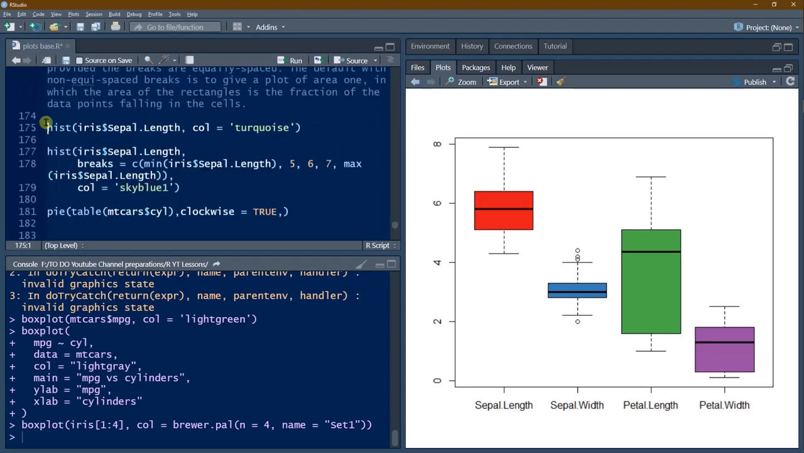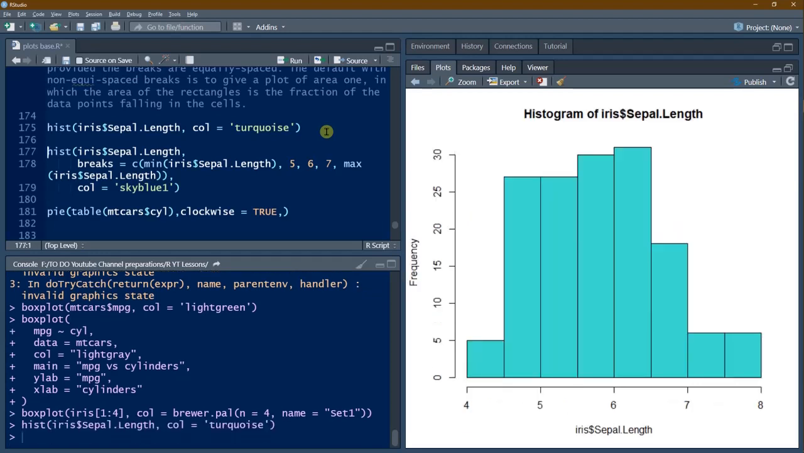Now we can see some histograms. Histograms are just like bar plots, but they have to be interpreted differently. We will use iris sepal length with the color turquoise, and we can see the histogram drawn like this with the frequency of iris sepal length. Between 4 to 4.5 there are almost only this many, whereas between 4.5 to 5 they are like this. Only in the range of 6 to 6.5 are they maximum, even 30 such